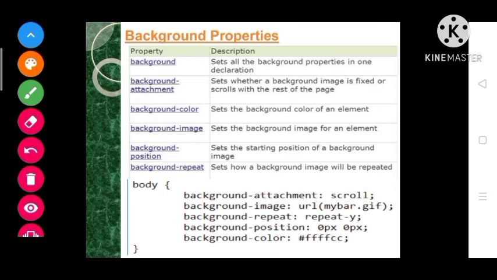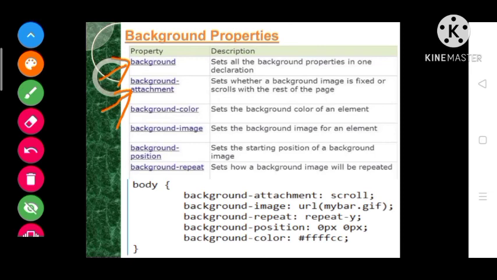At the last I am going to explain the background properties. First one, background. Background sets all the properties in one declaration. If you want to declare each and every property in different places, then we should use other background properties such as background attachment.